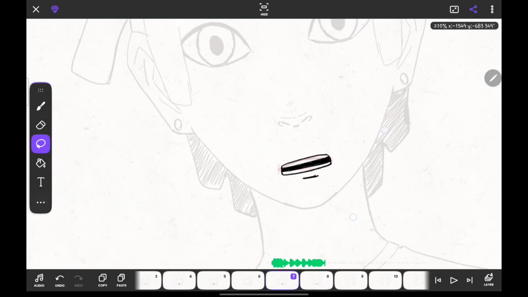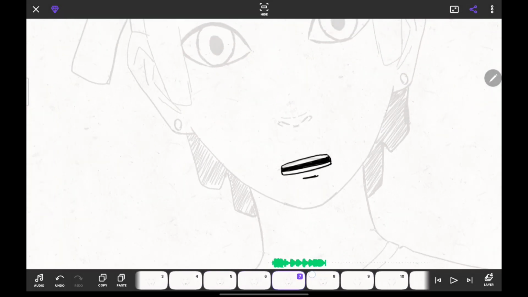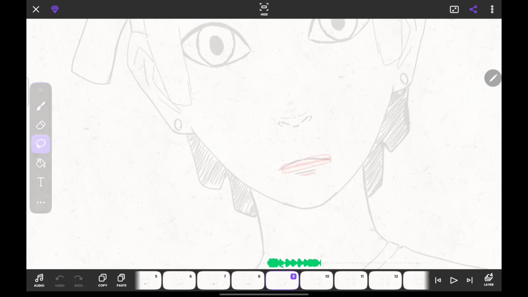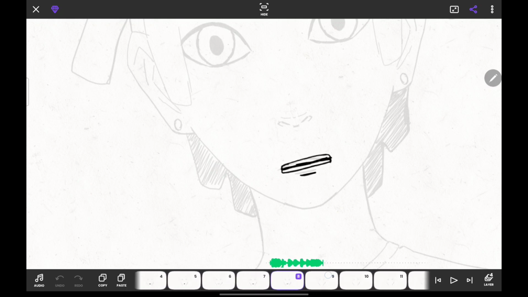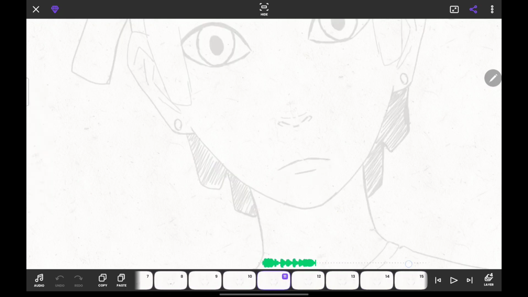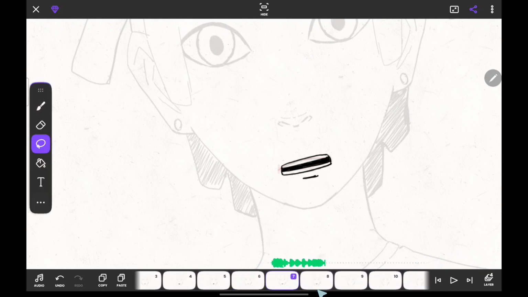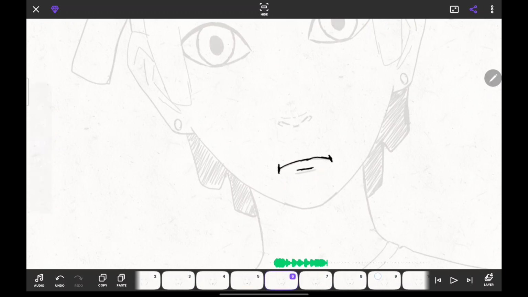I'll remove this part. So it says, can you make a simple